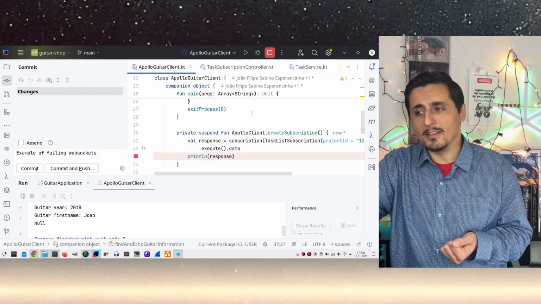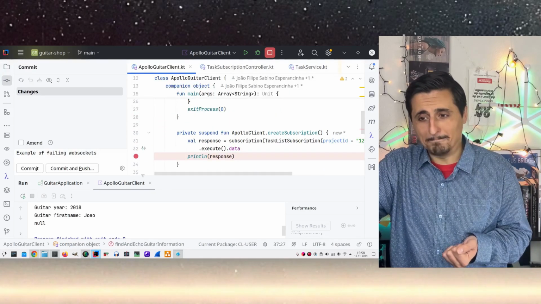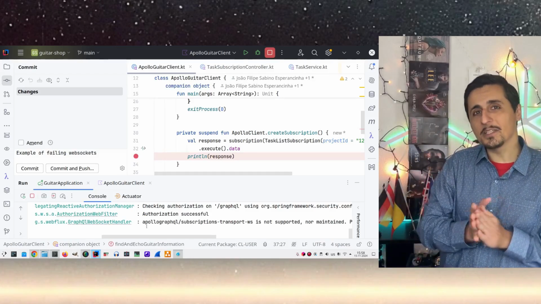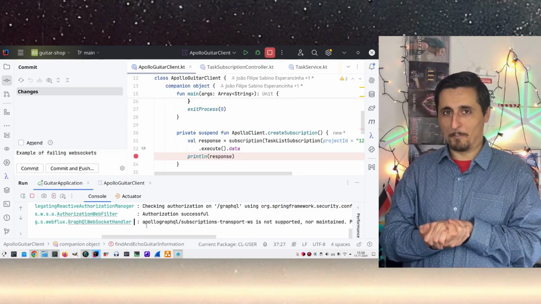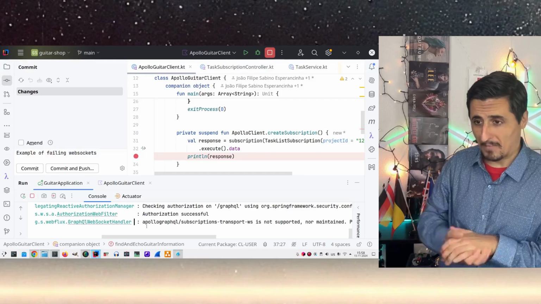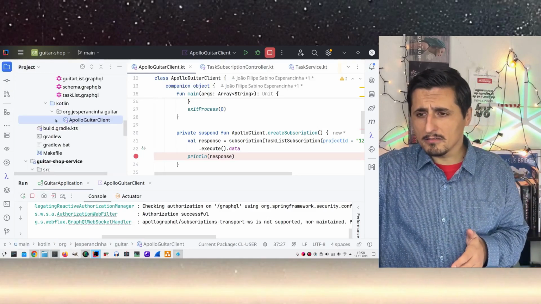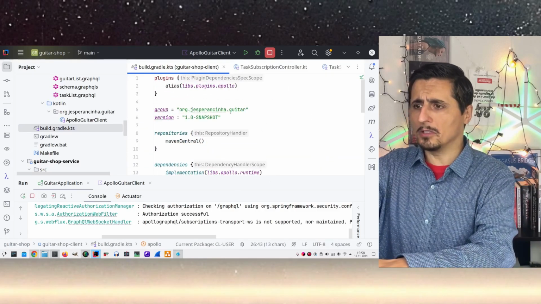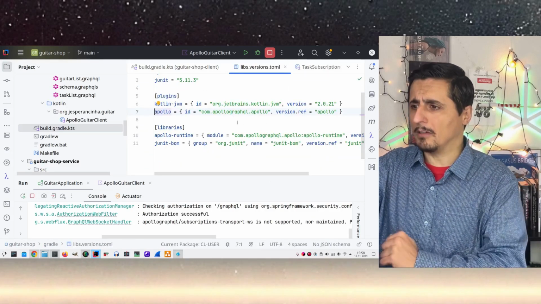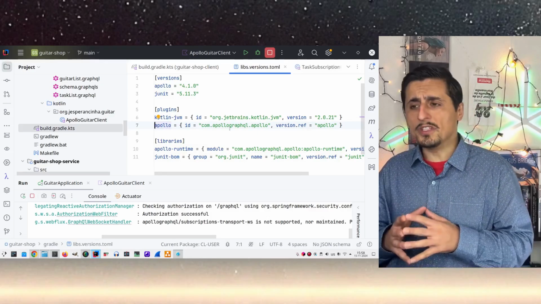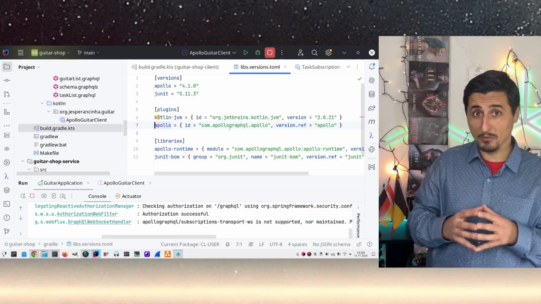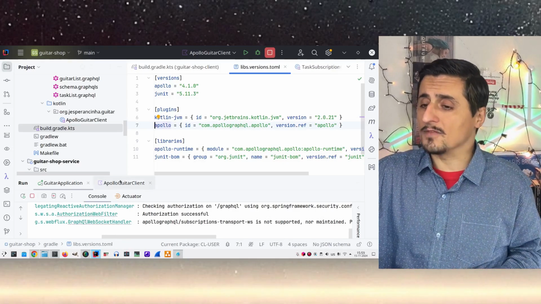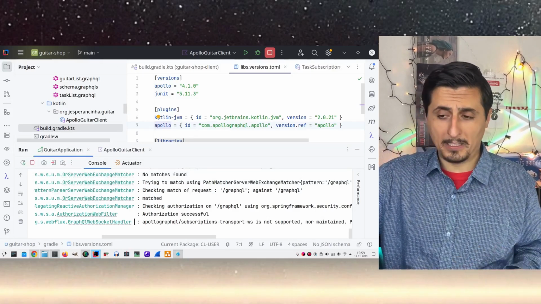The problem here is that apparently, when it comes to Apollo, it doesn't seem to support subscriptions anymore since version 3. I am now using, let's have a look at the version that I'm using for Apollo. I'm using version 4.1.0. So apparently we can't do that,